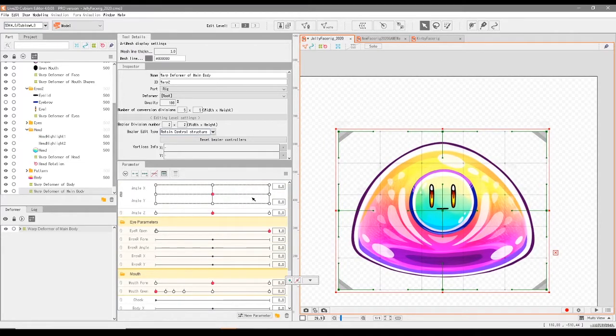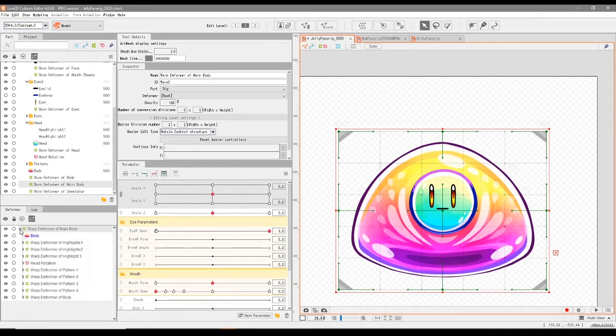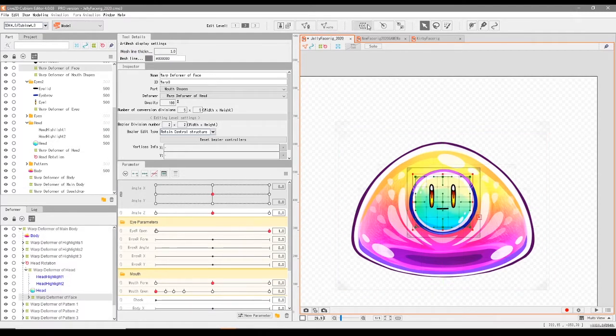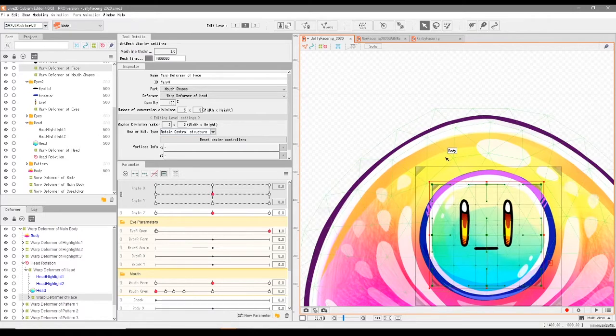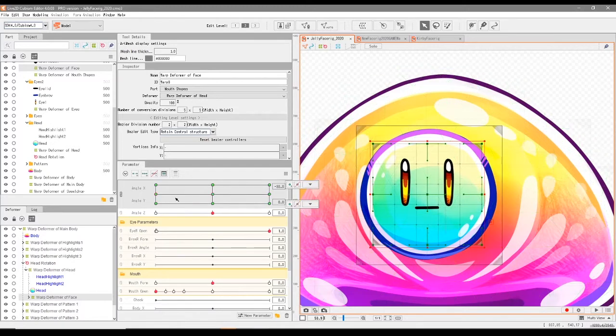So we're going to move on to one of the more complex things. We're going to work with the facial expression that we've got going here. He moves around like that, but his head doesn't turn very much, and that's what we've got to fix here. I'm going to go ahead and find the face warp deformer. We're going to use this to our advantage as far as being able to create the perspective that the character's head is turning. With the warp deformer selected, click on the X and Y parameter and click on add free keyforms, and